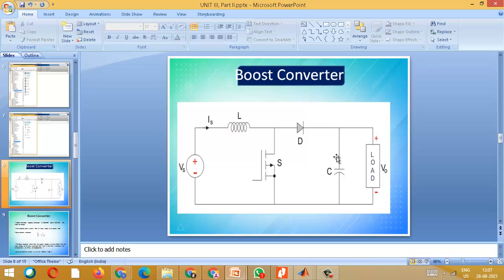Charging of the capacitor will take place at a very fast rate. Due to that, we all know a capacitor has a very high inrush current. Very high inrush current means the current drawn by the capacitor will be at a very fast rate, and that creates the problem of harmonics and all. Whenever you use a capacitor, that capacitor is the source for generation of harmonics along with the inductor.